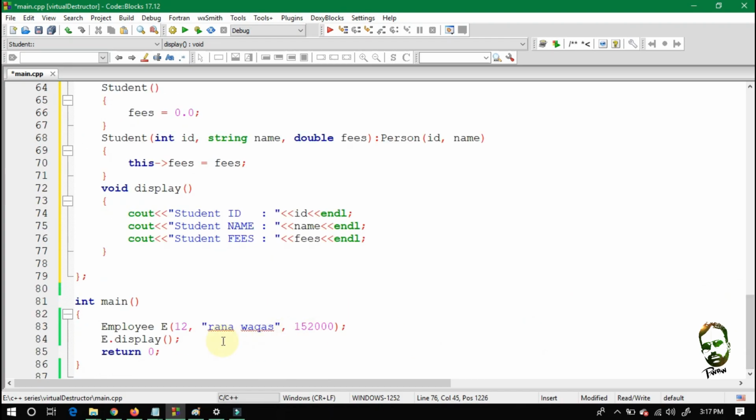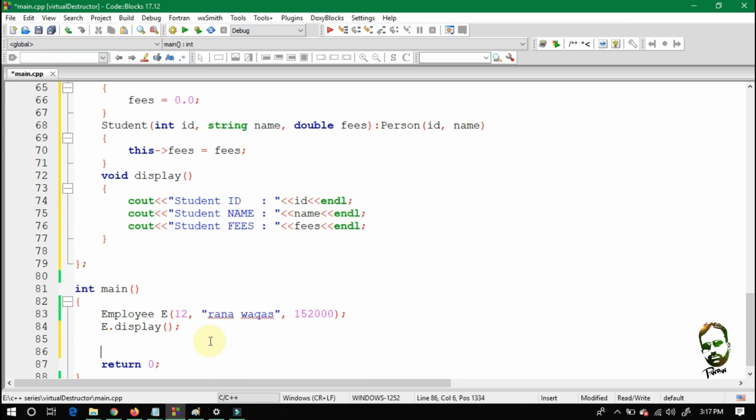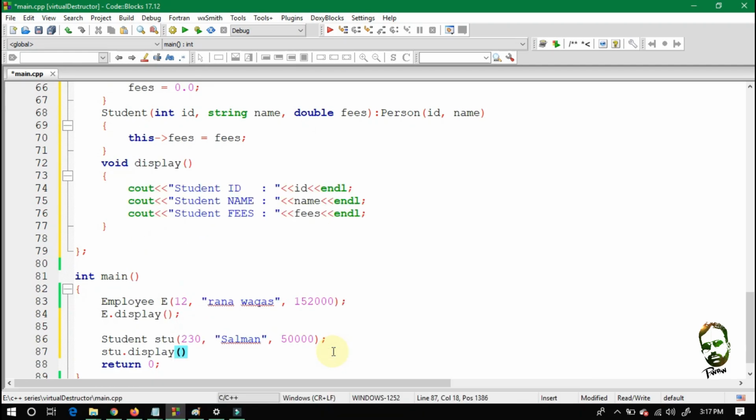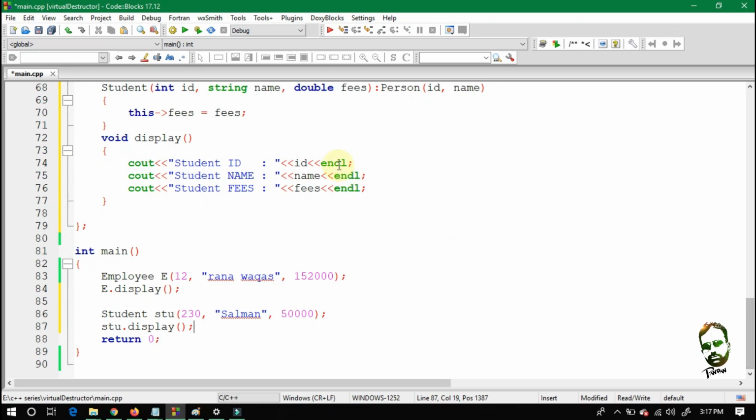Now in the main function we will declare an object of the student class whose name is, let's suppose, stu, its id is 230, and his name is, let's suppose, Salman, and his quarterly fees is 50,000 in his university or college. So let's call the display method of the child class, of course that is the student class. This method will display the information about the student. So run this code and see what will be the output of this method.